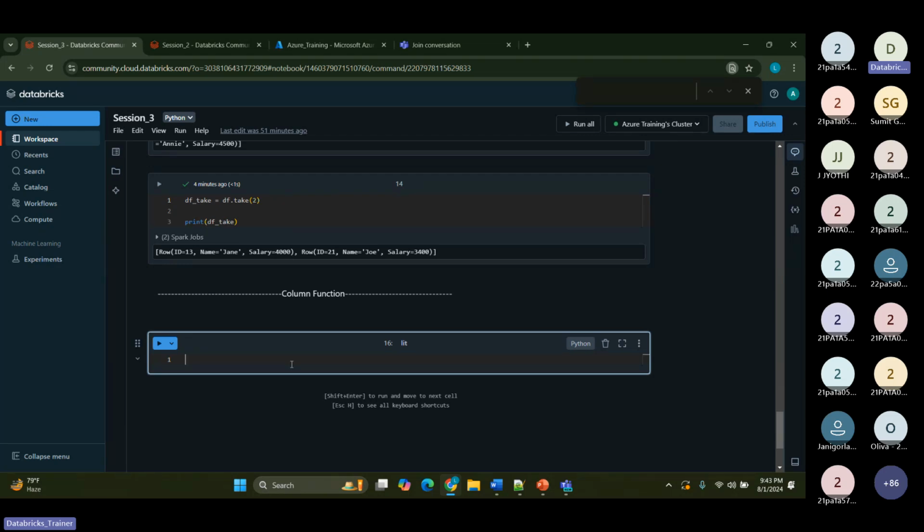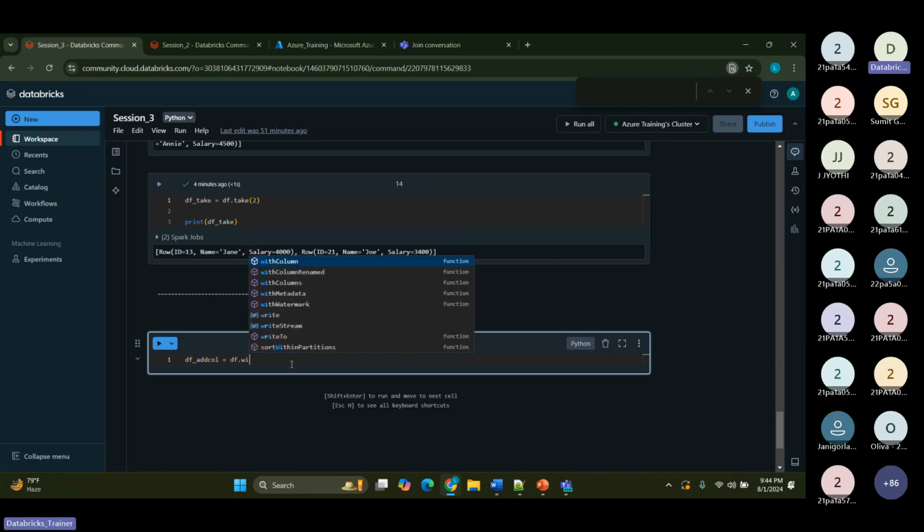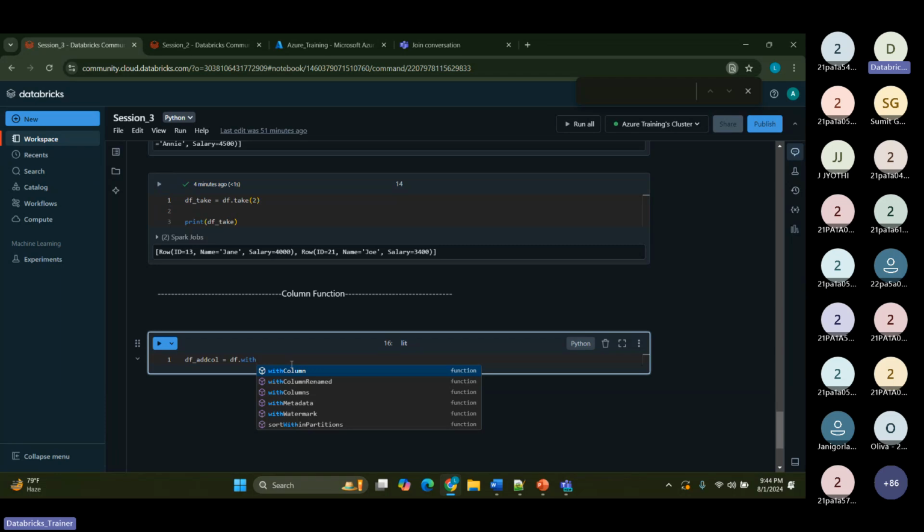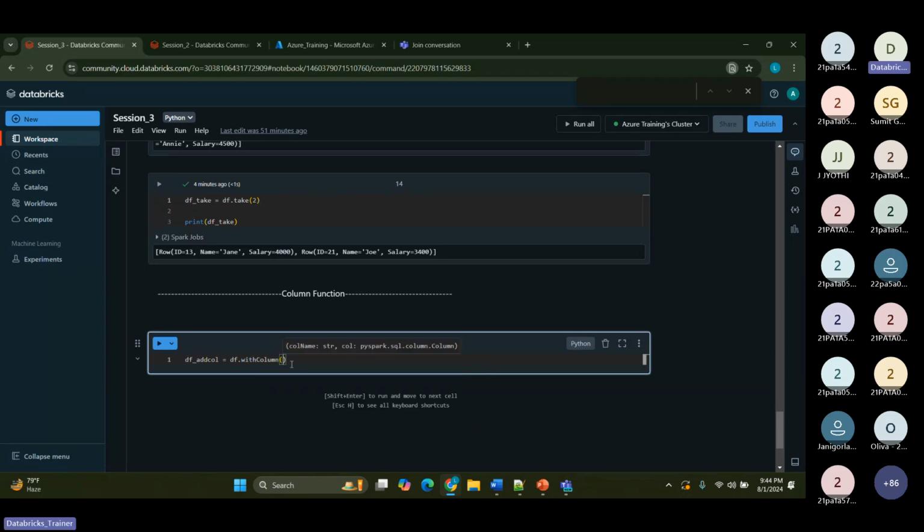From the df underscore add equals to df dot, to add any column I'm using withColumn, and I'm giving the column name as country, comma,